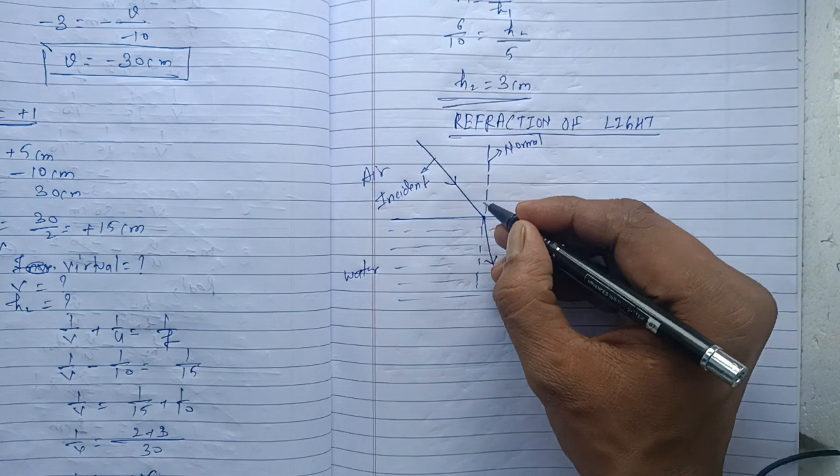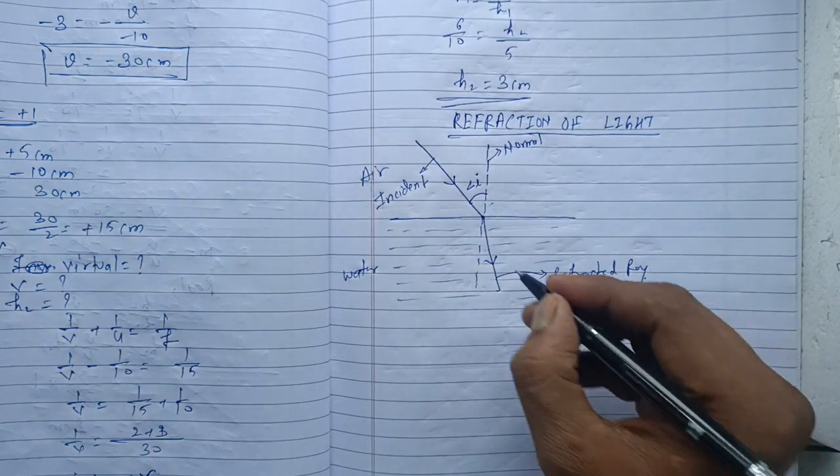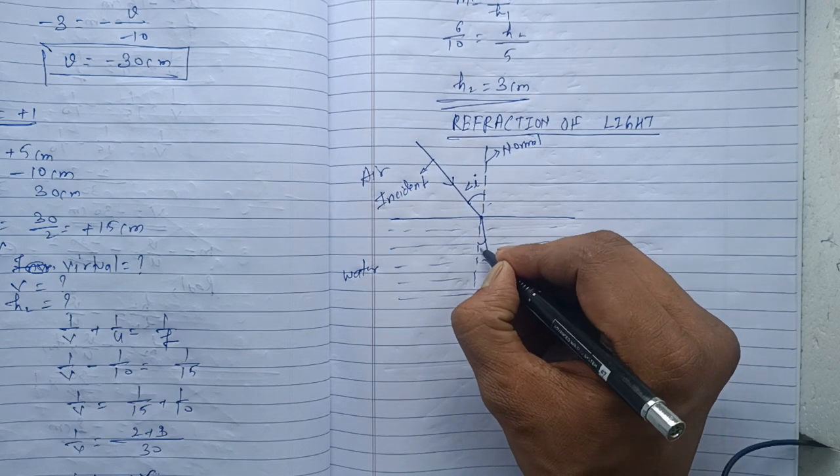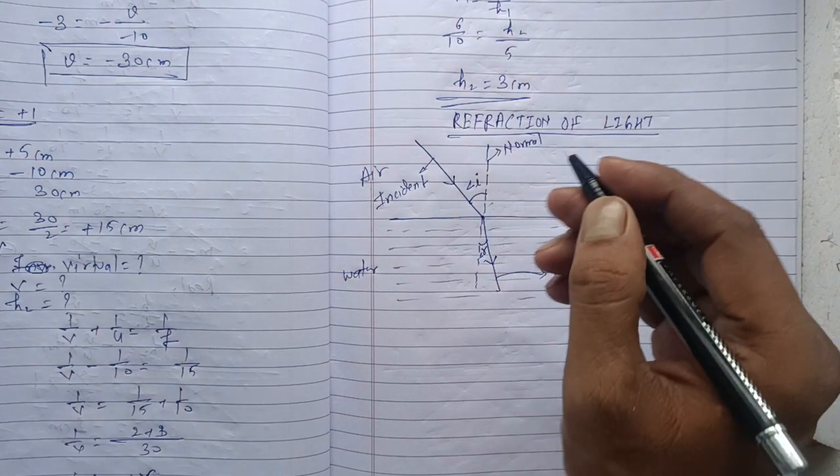Now the angle between the incident ray and the normal is called the angle of incidence. The angle between the refracted ray and the normal is called the angle of refraction. As we had two laws there, we have two laws here also. But before starting those two laws, we must know what the kinds of medium are. What is the meaning of rare medium? What is the meaning of denser medium? And what is the cause of refraction? These are the things that we need to understand.